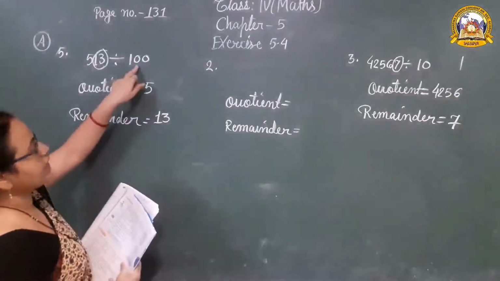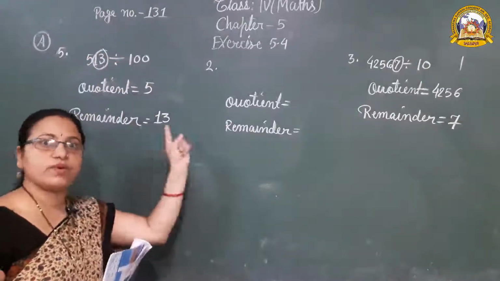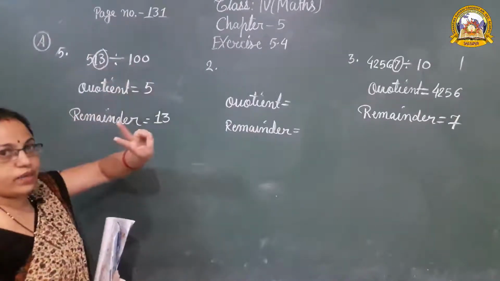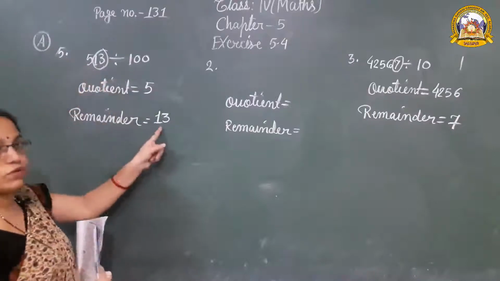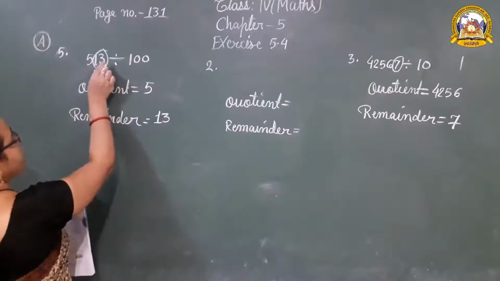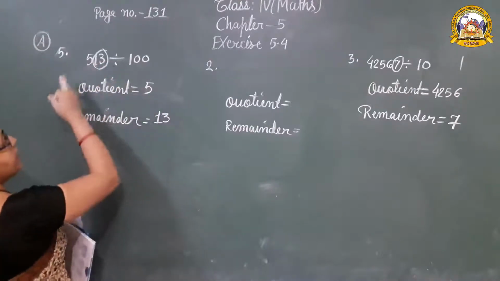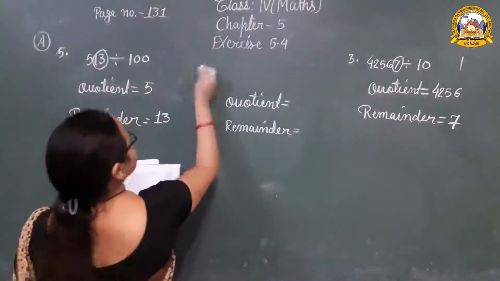It means because there are 2 zeros in 100, that is why we take 2 digits from the ones and tens place. क्योंकि यहाँ पर 2 0 है, that is why हम यहाँ से 2 digit को ले रहे हैं और उसको हम रिमाइंडर में रख रहे हैं. Okay? So 2 digits we take as a remainder, and all the other remaining digits we write as a quotient. Just like in question number 6,